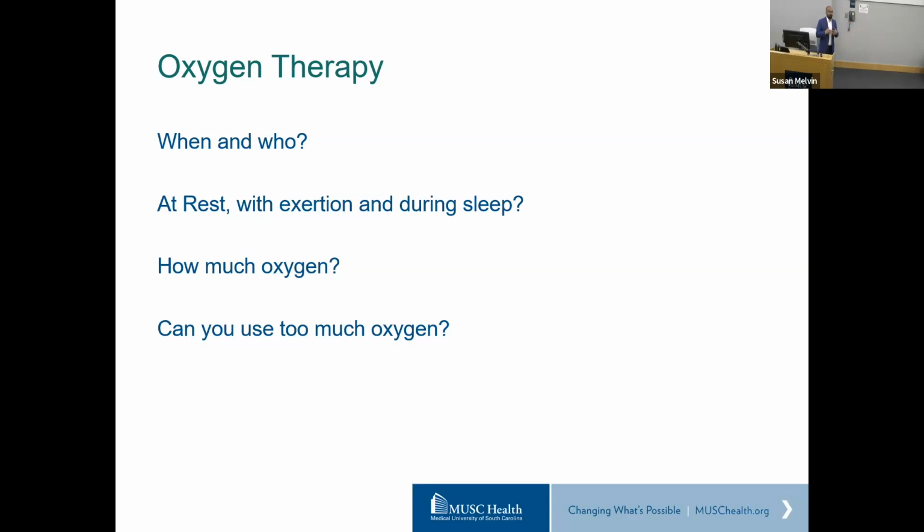And the last question I have put up is something that a lot of my patients are either worried about but don't ask me, but I tell them: can you use too much oxygen? And the answer is no. The lungs are not like the muscles in one sense, in that it is not use it or lose it. So if you use more than what you're prescribed, your lungs are not going to get dependent and they're not going to kind of stop trying.